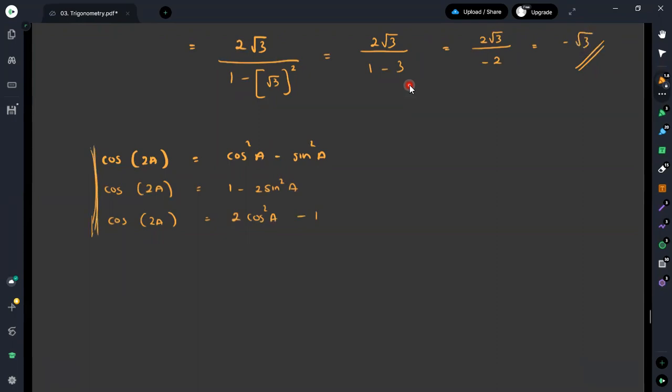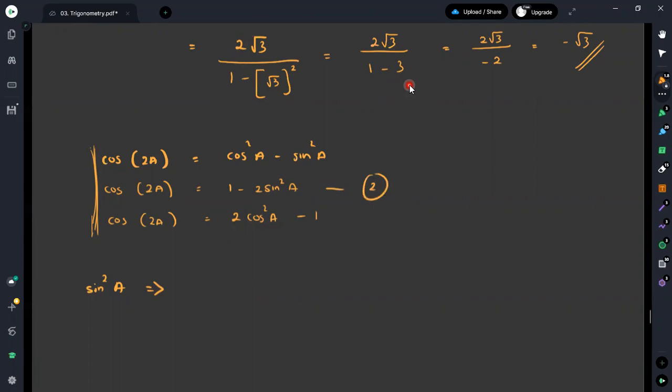And now we are going to use these equations to obtain the power reducing formulas. Here you can see that we need to obtain a value for sine squared A. Then we could use the first equation, but we are not going to use it because there are two terms with the power 2. Therefore, we are omitting the first equation for this power reducing formula. Since we need an equation for sine squared A, we will directly use the second equation.